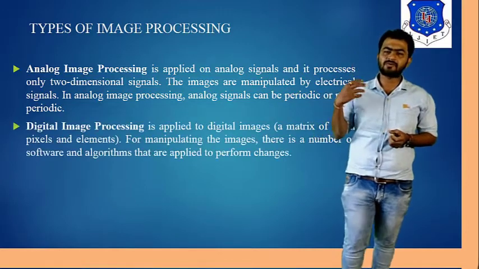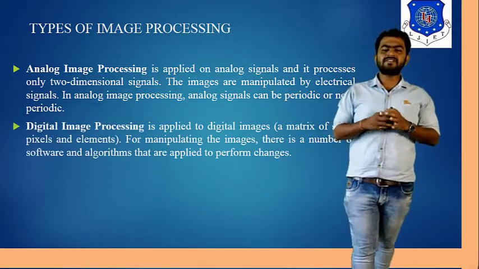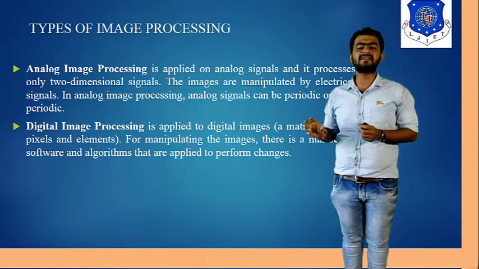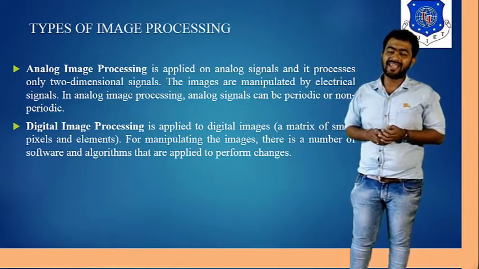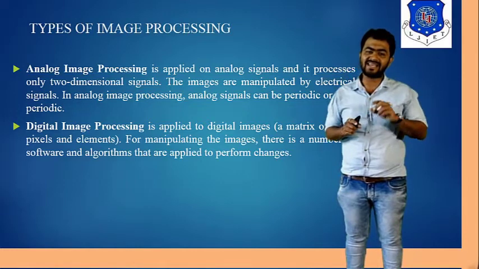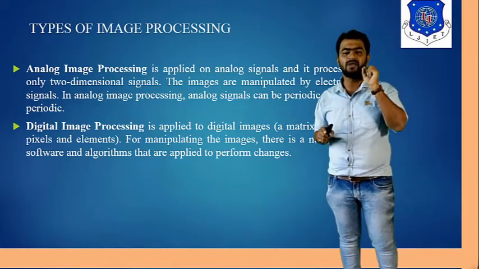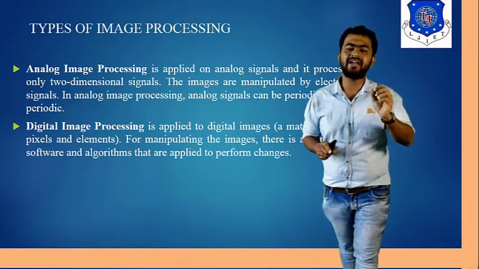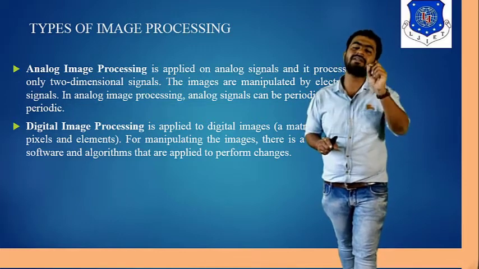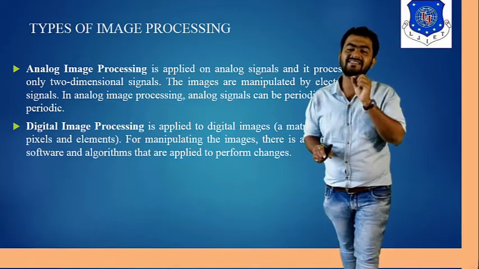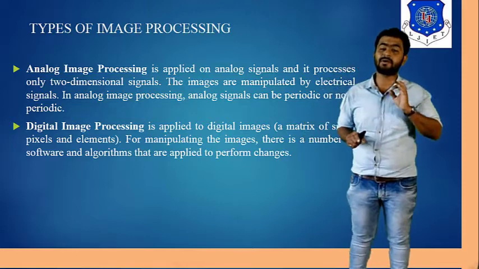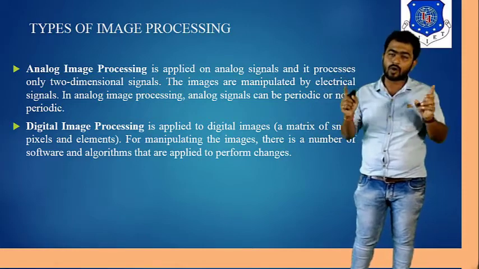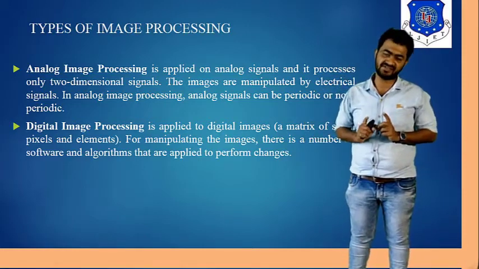Now we move ahead and discuss digital image processing. In digital image processing, we treat the digital image from a matrix point of view, a square matrix, and every image has pixel values. It is considered as the weight of the particular pixel, and that pixel weight is considered as the color of that pixel, and with the combination of all the pixels, it creates one image, right?